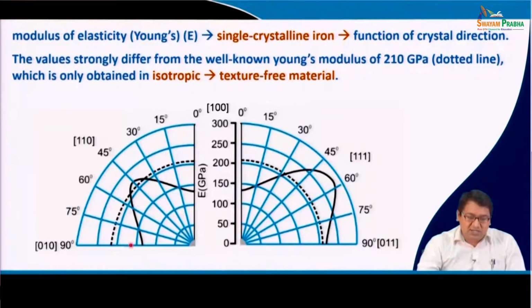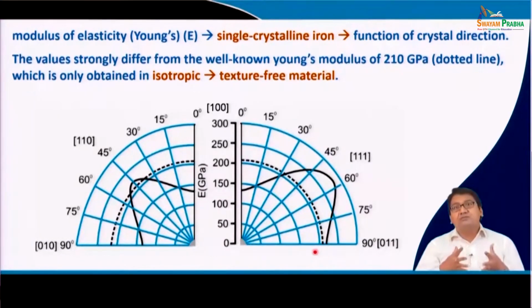And you can see that there is a sufficient variation in the modulus of elasticity as compared to the well known modulus of elasticity in case of ferritic iron, which is nearly 210 GPa,